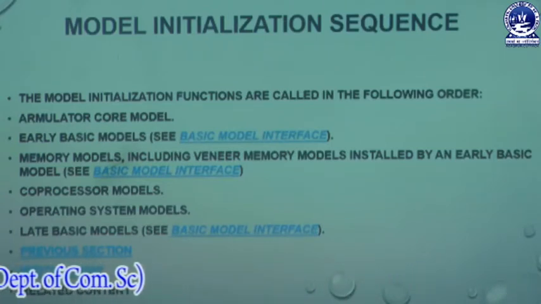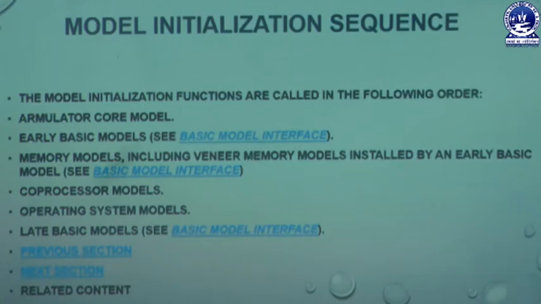That means whether the memory used for the operand and its destination location is the same or different is checked by using the early basic model concept. Then it uses the coprocessor models. As you know, the coprocessor models are used whenever the user needs to create any additional functionality in user mode. In this case, we have to use the coprocessor concept. That means, as you know, the ARM processor provides 6 types of data types.